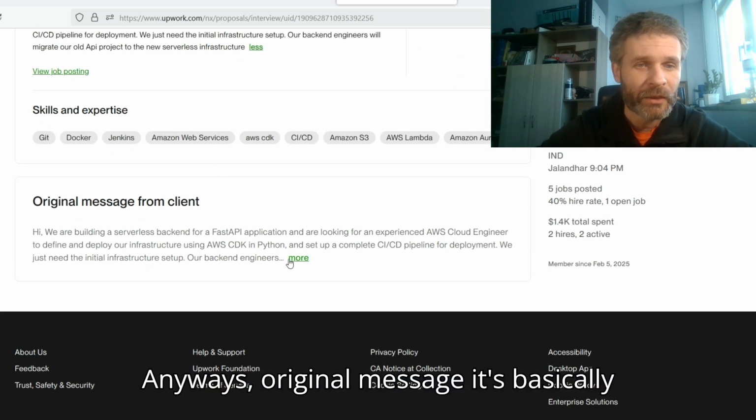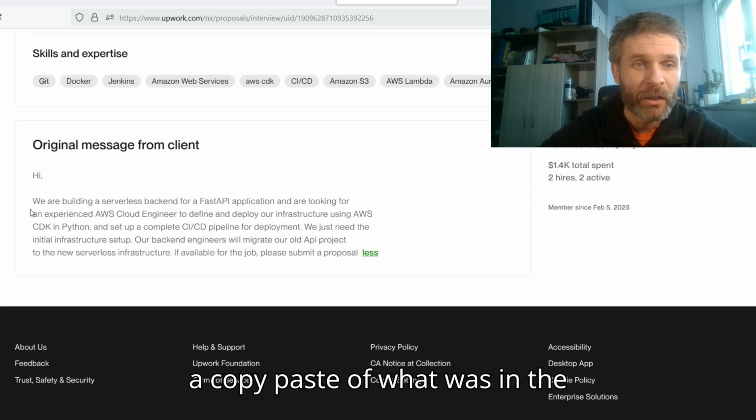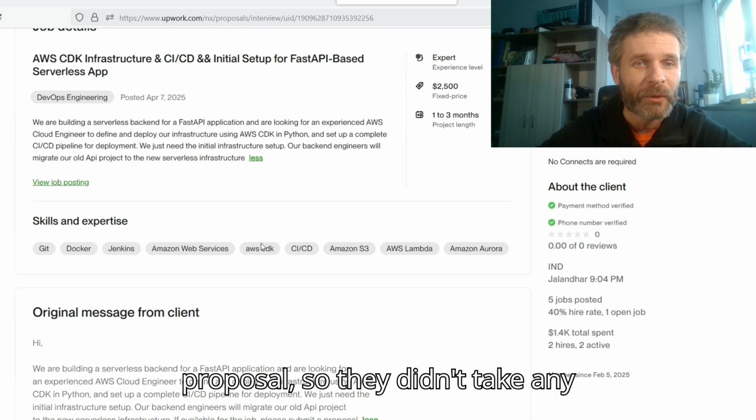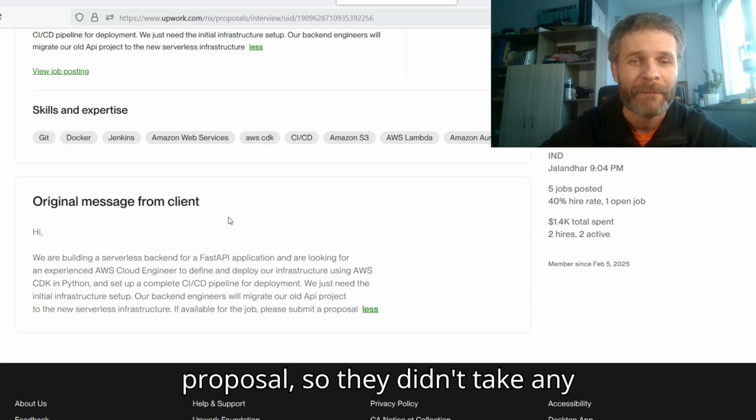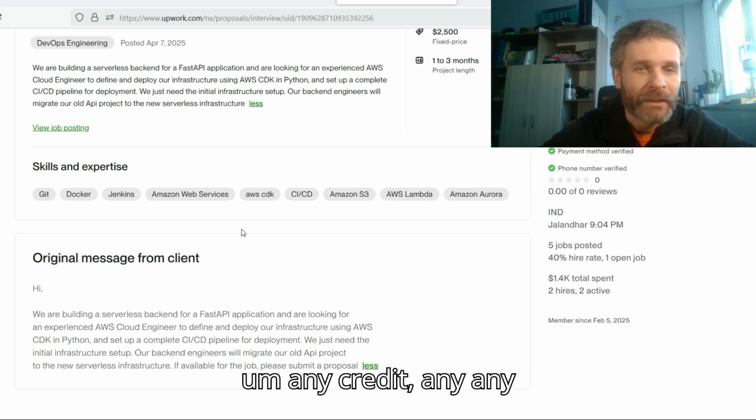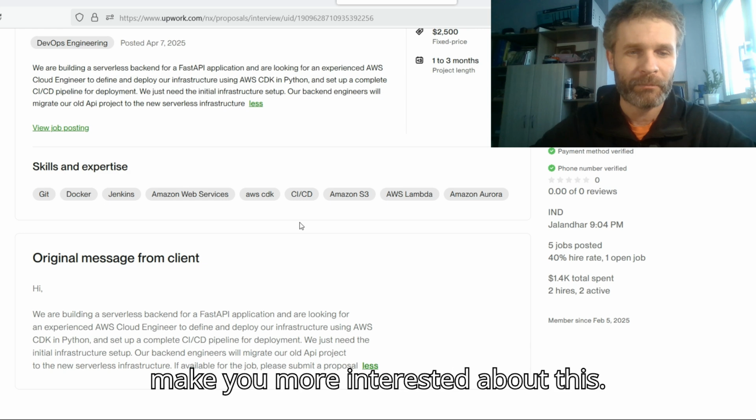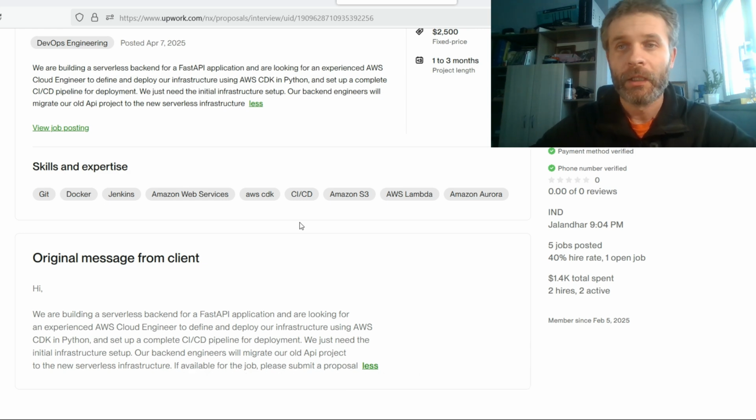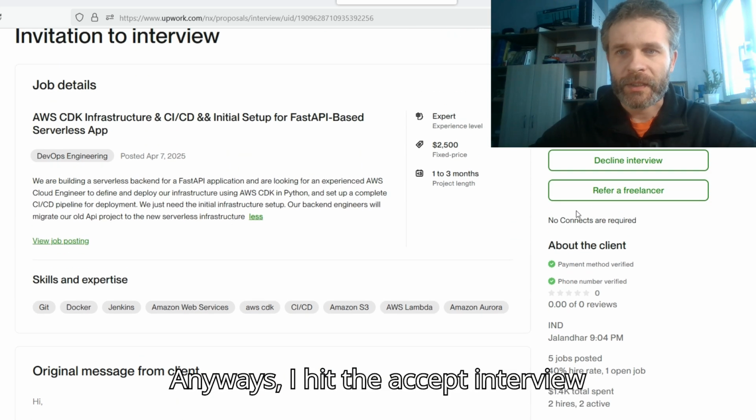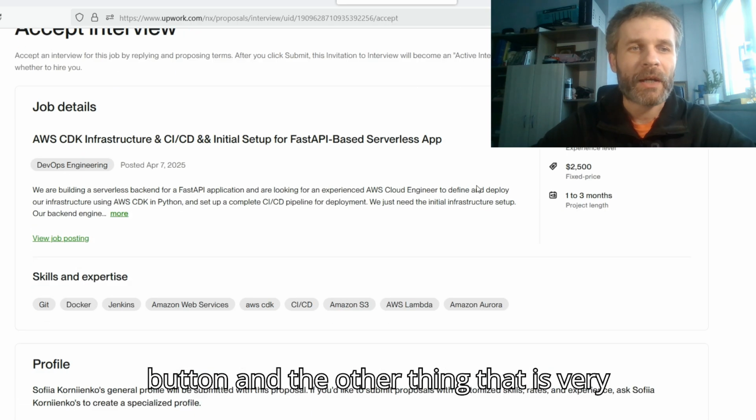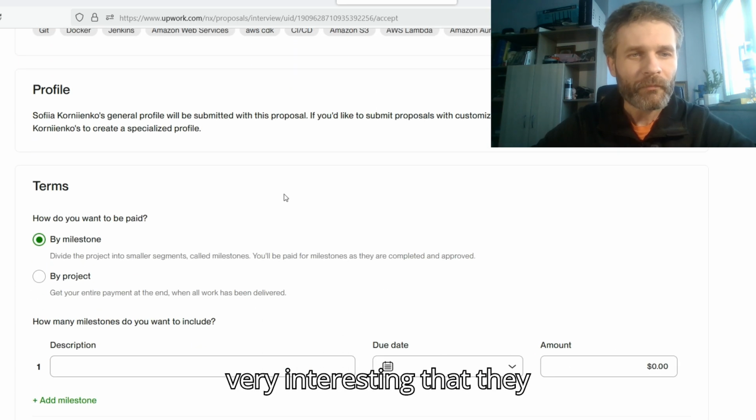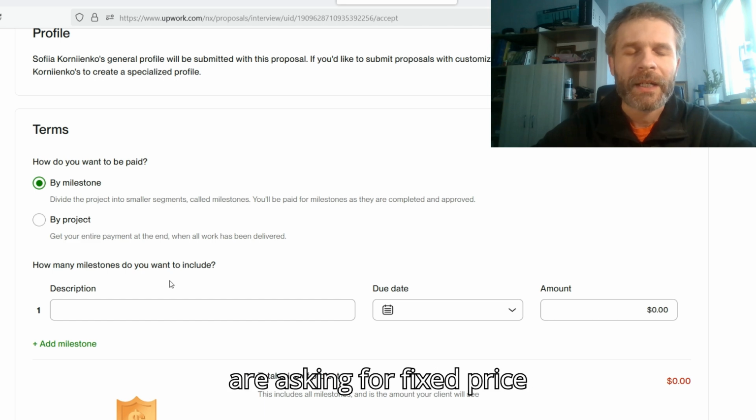Anyways, the original message is basically a copy paste of what was in the proposal. So they didn't take any credit, any thinking of how they should make you more interested in this. Anyways, I hit the accept interview button, and the other thing that is very interesting is that they are asking for